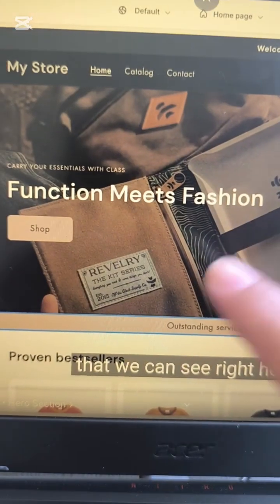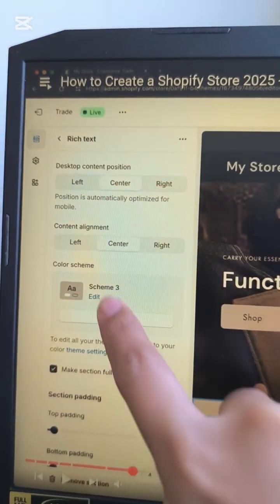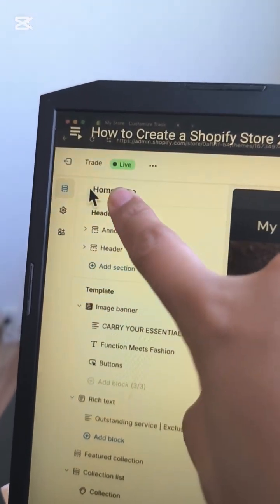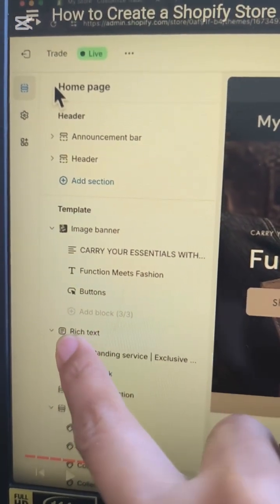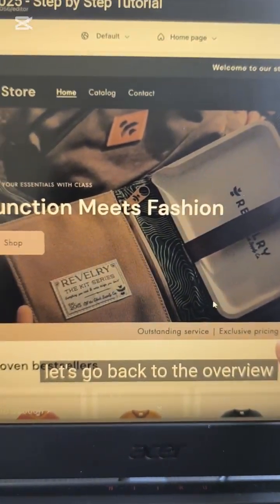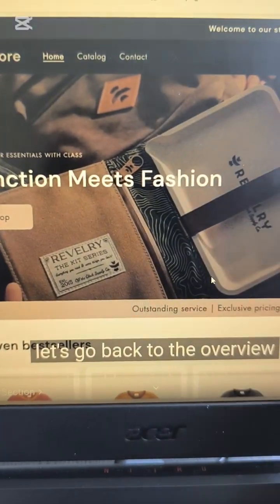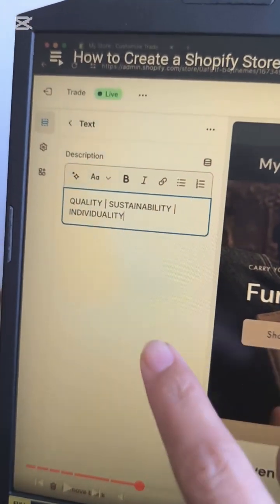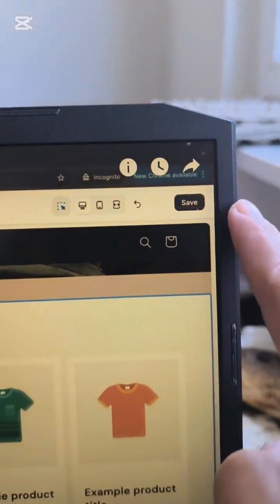And on the trade theme, you can see this portion. You can change that with the rich text. So after clicking the exit button, you can go in here and look at the rich text, because this is the rich text, this one. So you just click it and then change this to what you prepared. After changing that, you can also delete it if you want. After that, exit also. Then click on save to save the changes.